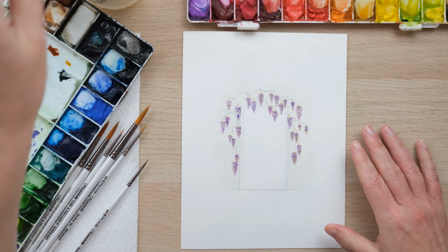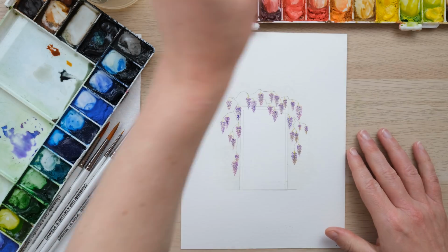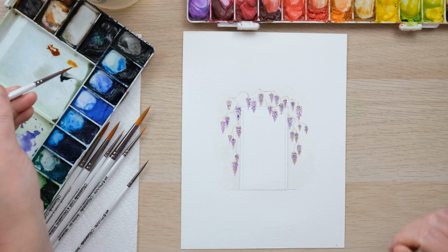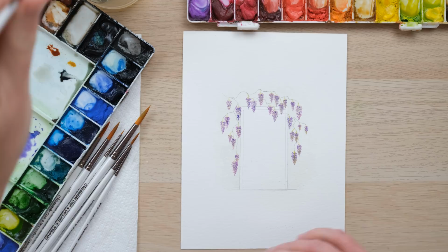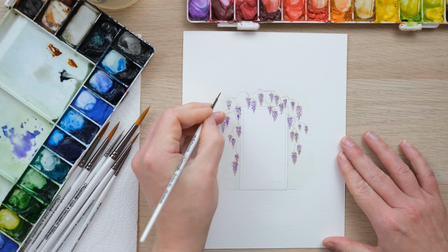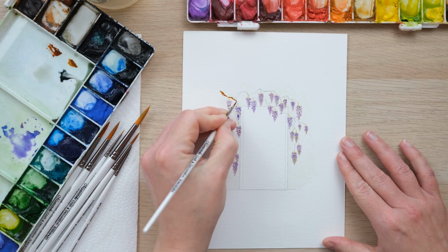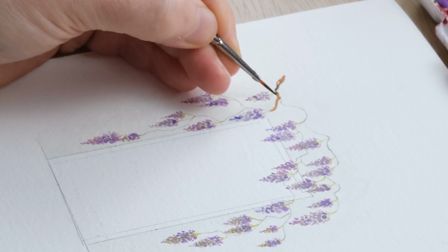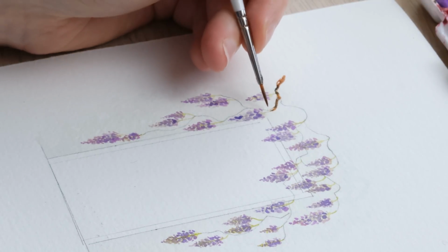Now we've got our wisteria flowers painted in, I'm looking towards the branches. Now again, even though burnt sienna would work really nicely as a branch, it's really important to have some other colours in the mix. So we've got yellow ochre and Paynes Grey here, and I'm going to use a 2/10 brush, and I'm going to begin over here because this is where the branch is the thickest, where it has begun, and so I'm just starting with the lighter colours and then adding in little bits of the dark Paynes Grey,